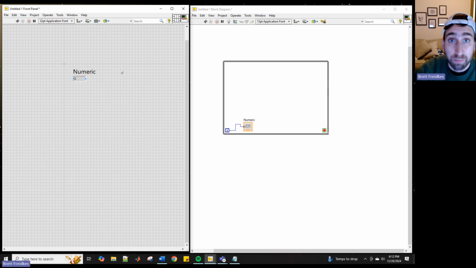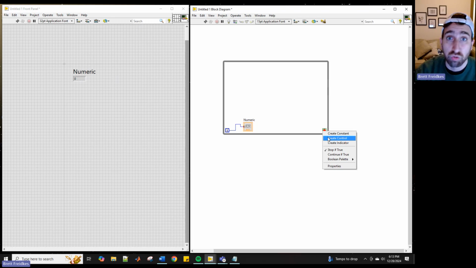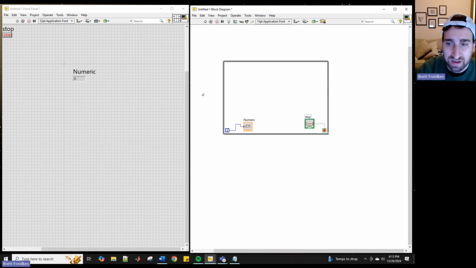So this is going to count how many times it runs. And now I also need something to stop this. So let's say I create a control, because that's what I'm going to do. I'm going to tell it to stop. I'll control how long it keeps going for. So I'll create a control, and it comes up by default as a stop button,